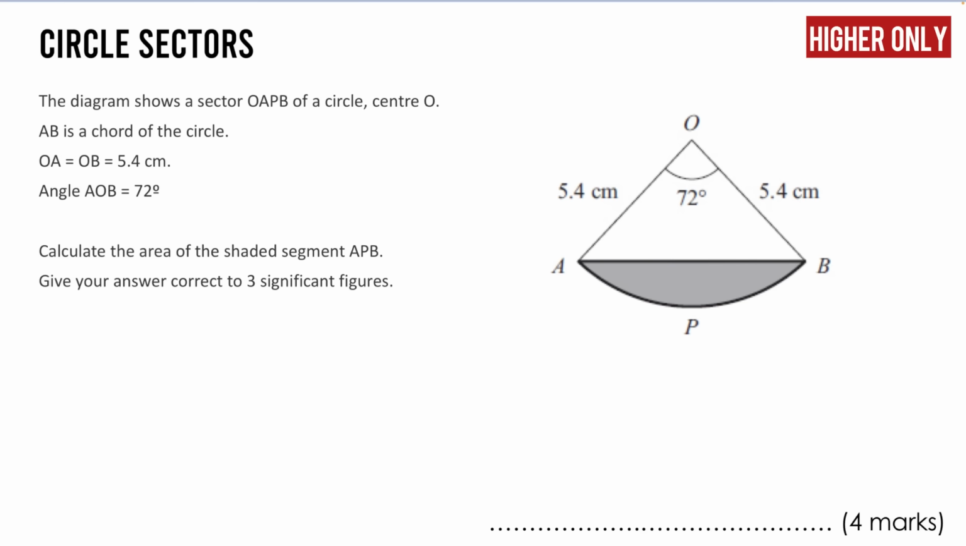Now a circle sector is treated in the same way as when we work out the area or the circumference of a circle, except we're only looking at a fraction of a full circle. This particular one is asking us to work out the area of the shaded segment, but to do that we'll first work out the area of the sector by doing pi times the radius squared, 5.4 squared, multiplied by the fraction of the circle we're looking at. In this case, that's 72 out of 360 degrees. So we can type that into the calculator, times 5.4 squared, times 72 out of 360, and that comes out as